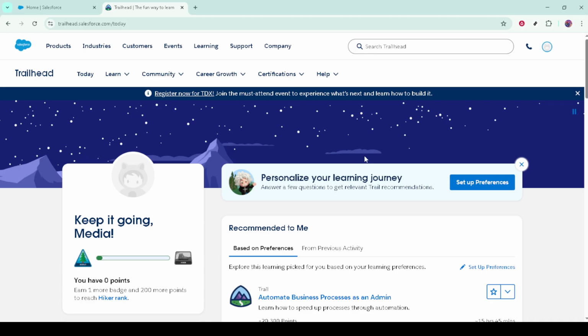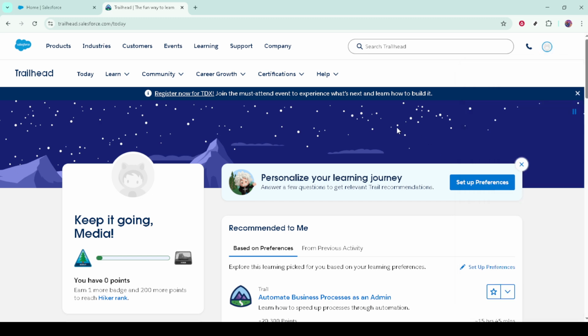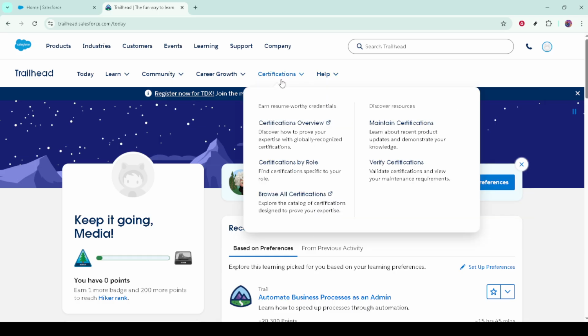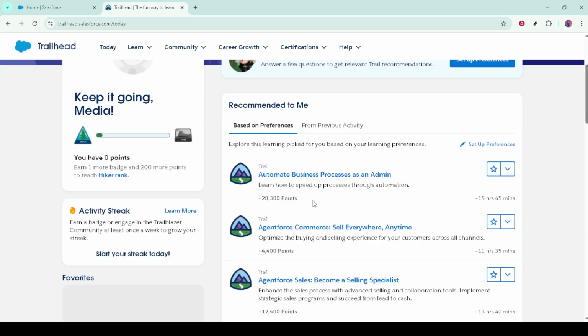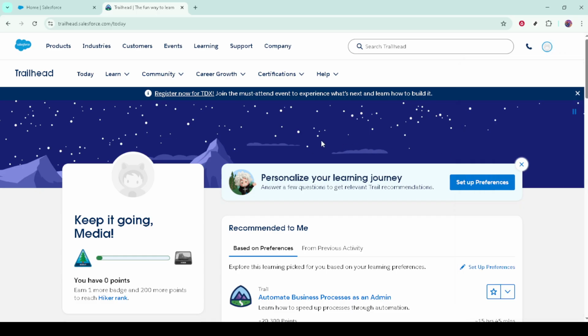Start by signing up for Trailhead. It's free and designed for every experience level. Create your account, verify your email, and complete your profile so others can understand your interests and strengths. Add a short bio, select your role or the role you're aiming for, and set your language and notification preferences. This simple setup helps the platform surface the right content and makes it easier for peers and mentors to connect with you.